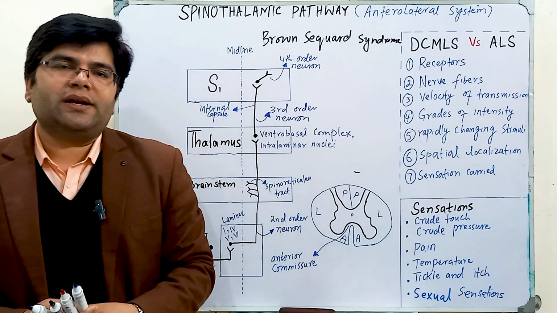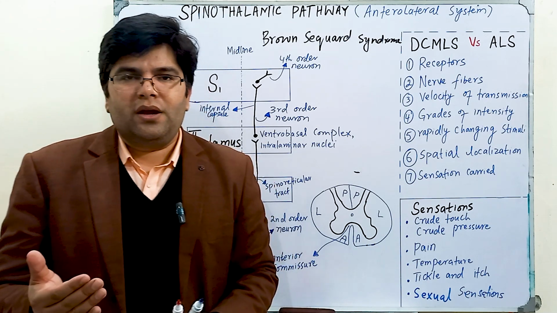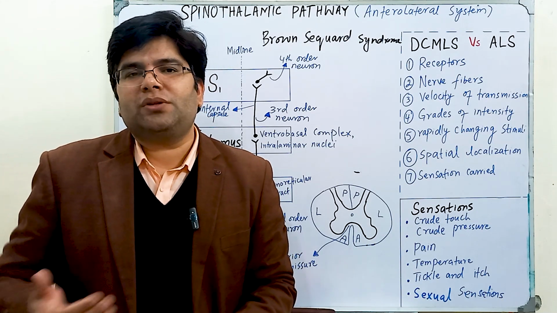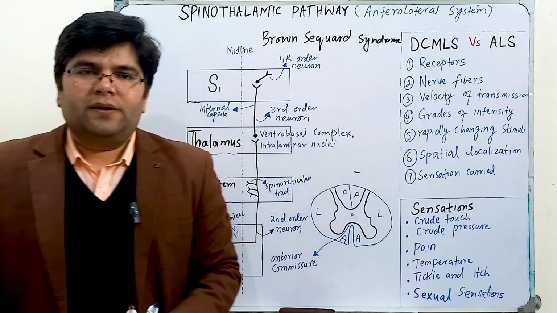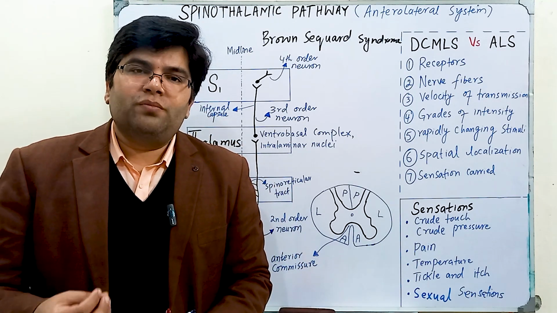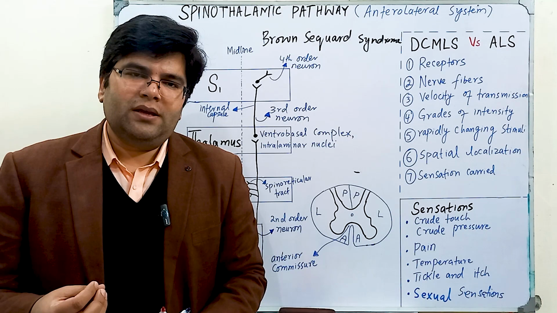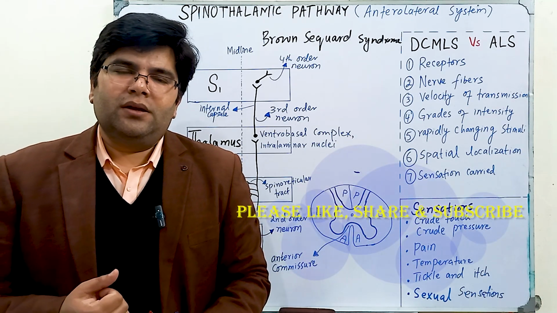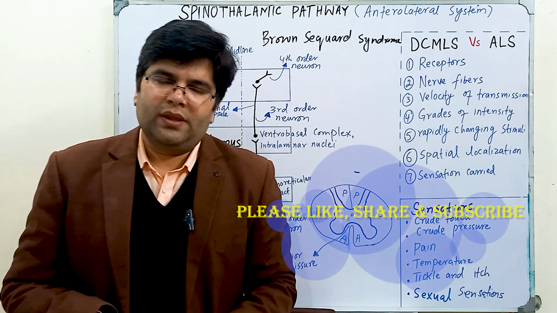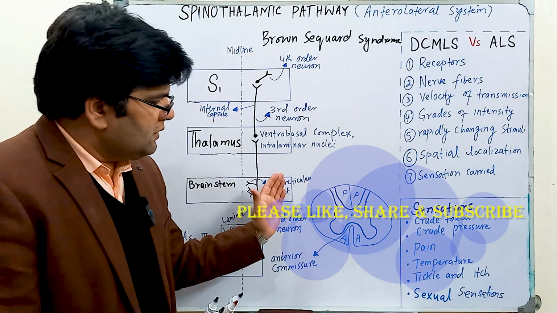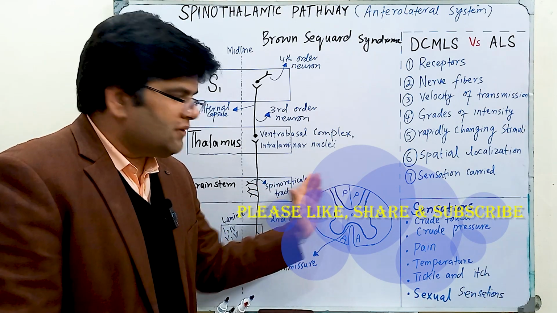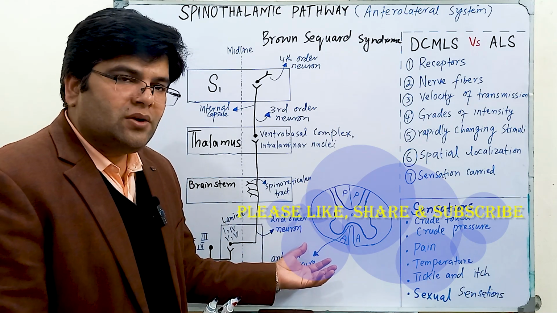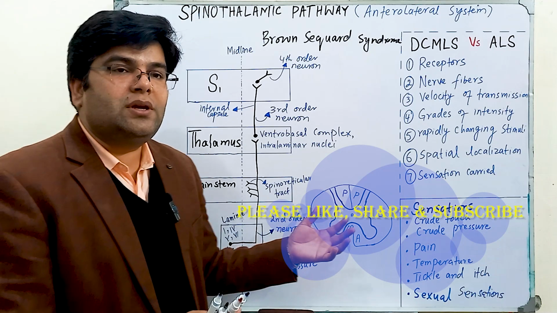Let me tell you, a clear-cut section of the spinal cord is very rare. However, this kind of syndrome may occur when there is damage to half of the spinal cord by tumors, ischemia, herniation of the disc, or trauma. Let's suppose on this side there is hemisection of the spinal cord. What will happen to the tracts present on this side, and what will be the sensory and